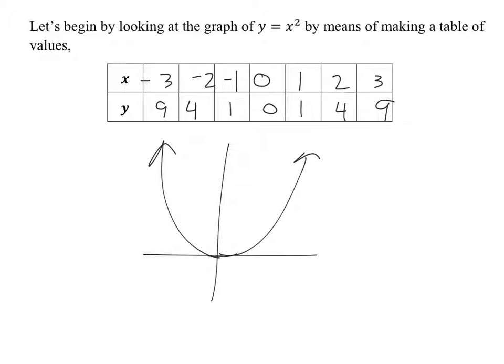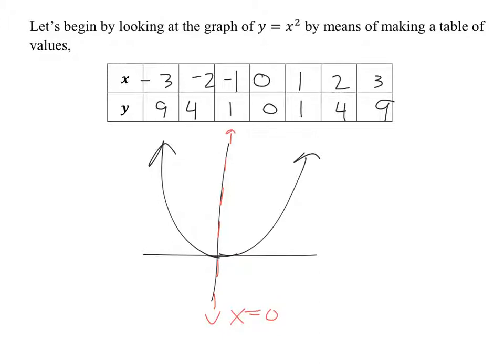The y-axis. The y-axis happens to be our axis of symmetry. What is the equation for the y-axis? What is the equation of the vertical line that lies on top of the y-axis? Yep, x equals 0. Because remember, x equals 1